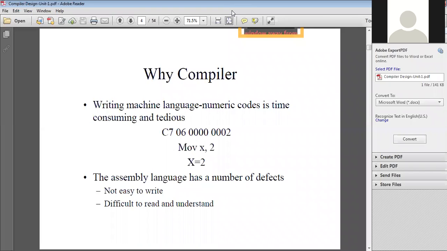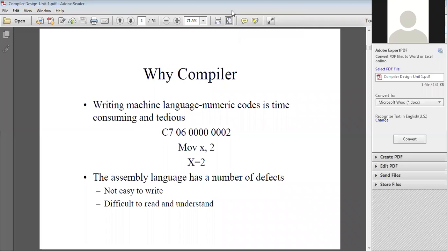Writing programs in machine language was very time consuming, very tedious and very complex. We cannot write all the programs easily, we cannot understand them easily, we cannot debug them. And after that